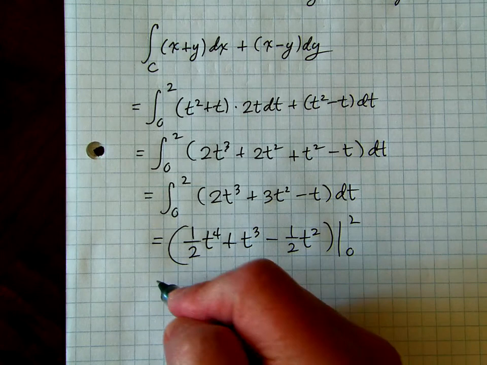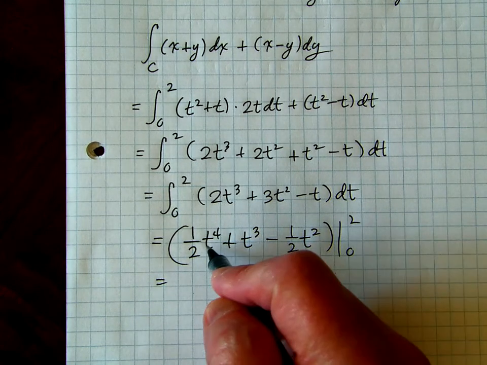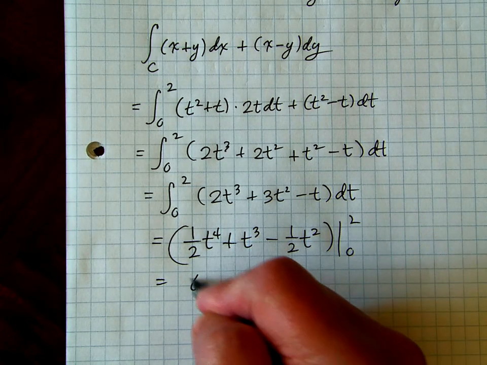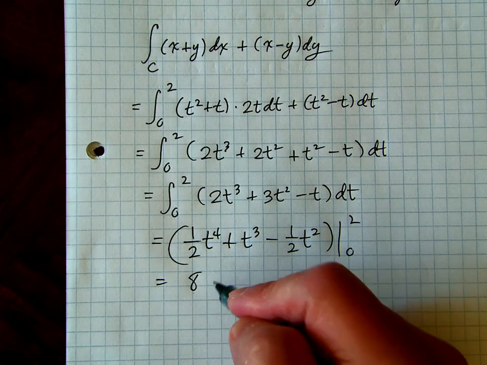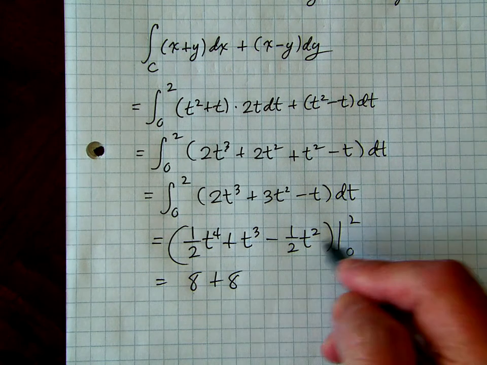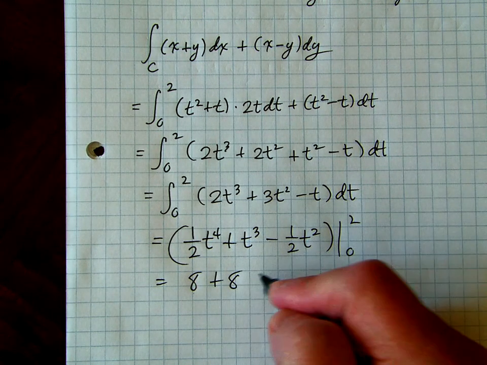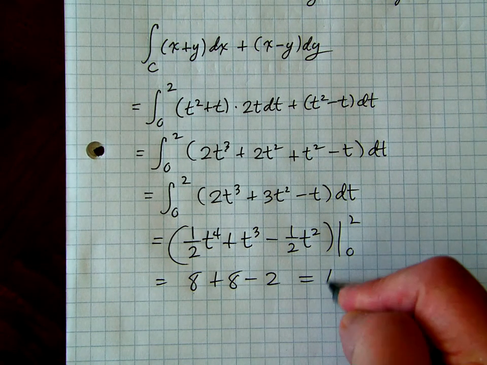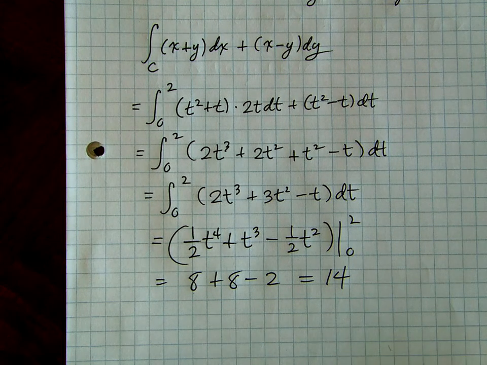Okay, let's plug into this. 2 to the fourth is 16, take half, 8. 2 cubed, 8. 2 squared is 4, half of that is 2, subtract. The answer is 14. We have now done a couple of examples of line integrals,